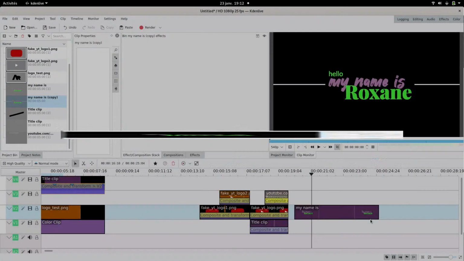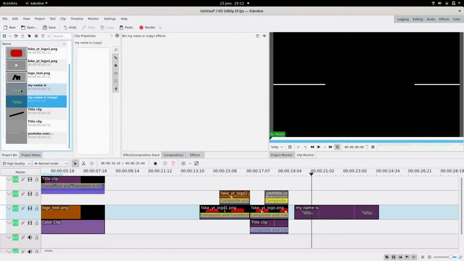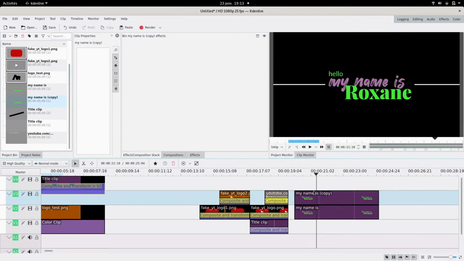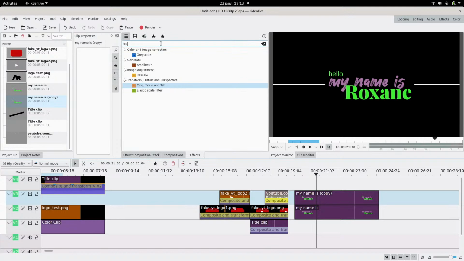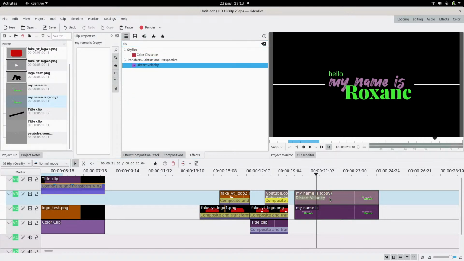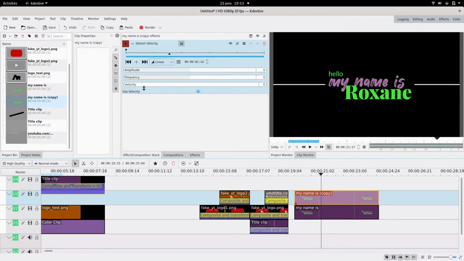What's the last one? Okay, update. What? Okay, it just didn't update. I'm gonna add it here, so we should have the same thing, and I'm gonna try to distort it. It could be fun. Could look nice. So I added it. I'm gonna change the amplitude to be bigger. The frequency, yeah, like this might be okay. Maybe like that, and